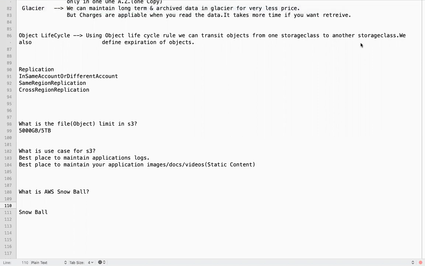You have petabytes of data. Is it possible to transfer the data over the network? You have very huge data. It's not possible to migrate such huge data over the network within a short span of time. It will take a lot of time. So AWS has a service called Snowball. It's a physical data transport solution.